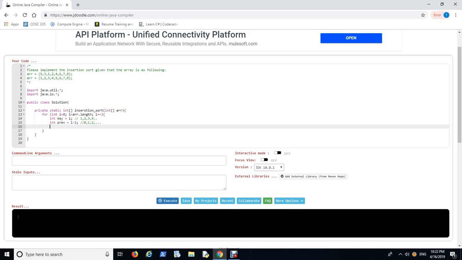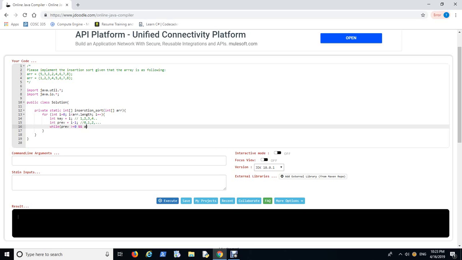Then I need a loop. You could probably use a for loop, but I prefer a while loop because while a certain condition is met, I want to do the following. So what is the while condition going to be? This is the second step of our algorithm. As long as we set our key and prev, we want to keep moving prev in the previous direction, and implement swapping if we find any value that is greater. So the condition is: while prev is greater than or equal to 0,